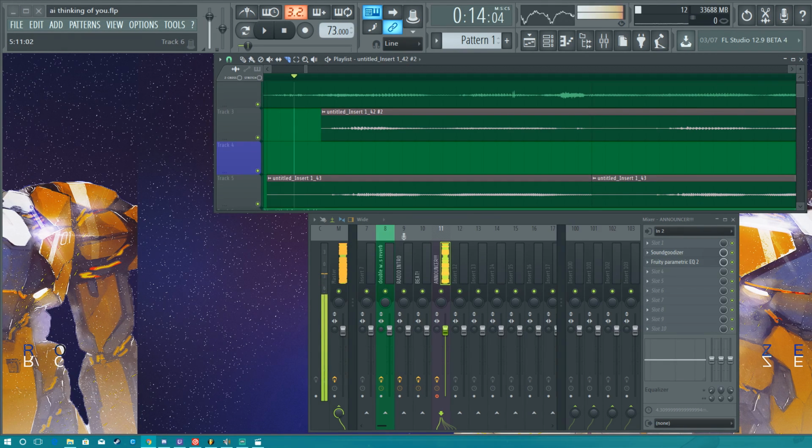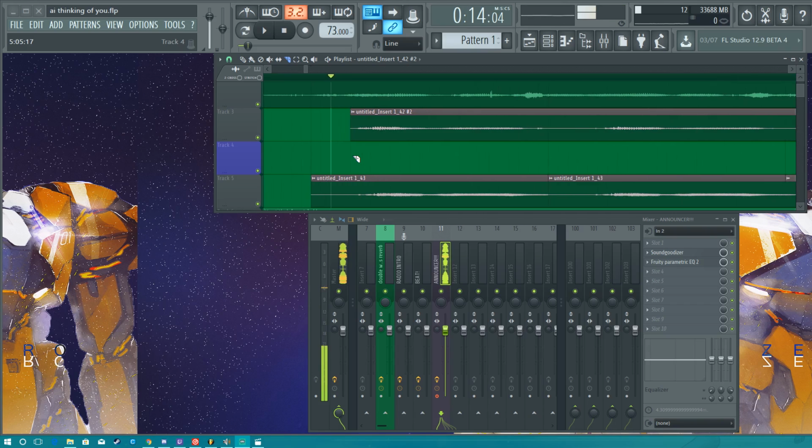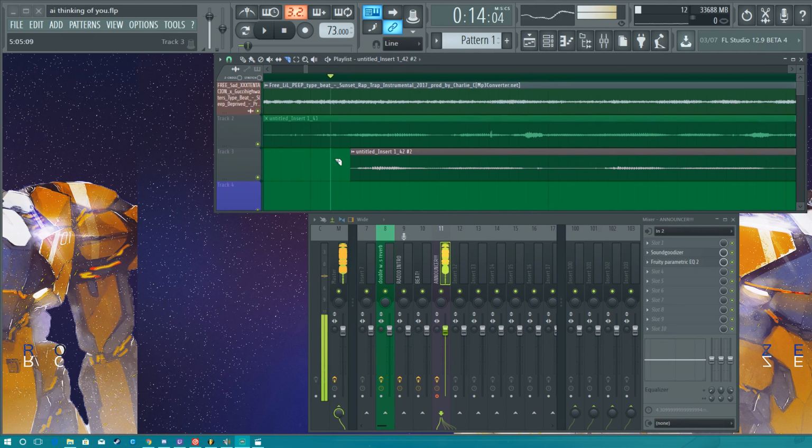Today we're gonna be making a tutorial on how to make vocal chops in a song, and it's pretty easy. First thing you want to do is match whatever the song's BPM is, match that to your project BPM, okay? And then